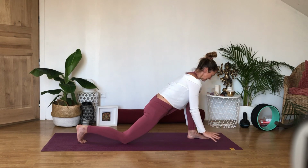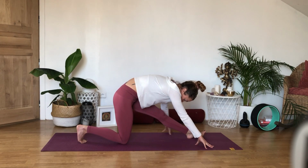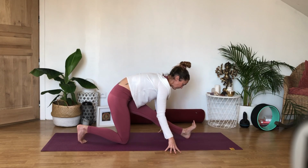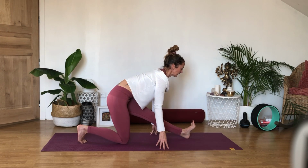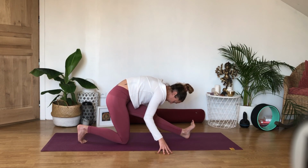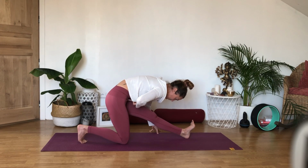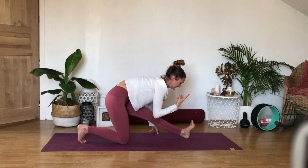And the hands down to the ground. Take the sit bones back so the sit bones are in line with the knee. Lift up the front toes, straighten the front leg. Inhale, lengthen the spine. And exhale, sink down. And as you inhale, you can imagine the breath travelling up along the spinal column. And as you exhale, release